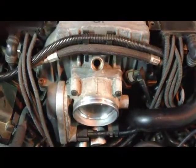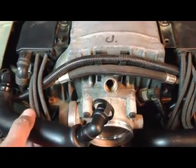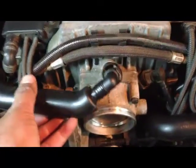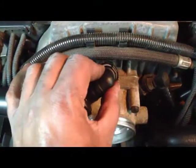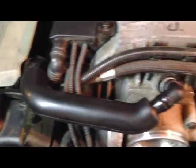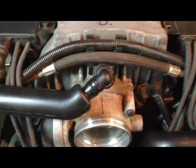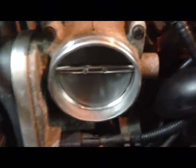Now to replace the hoses, you simply place them in position and press firmly to pop it. You'll hear it snap into position. Okay? Now, if you haven't already done so, I would recommend